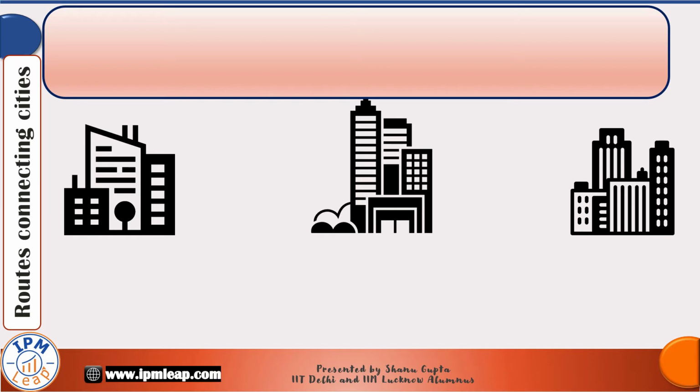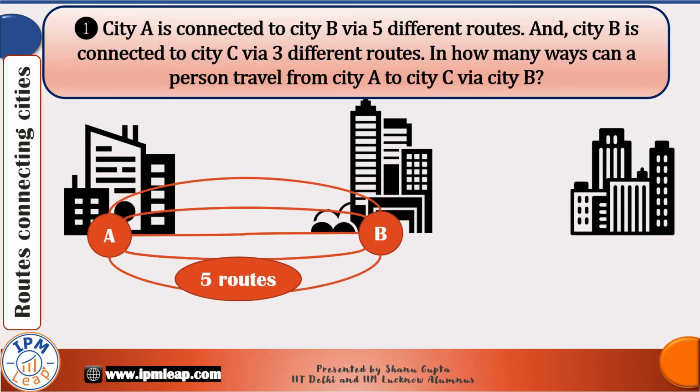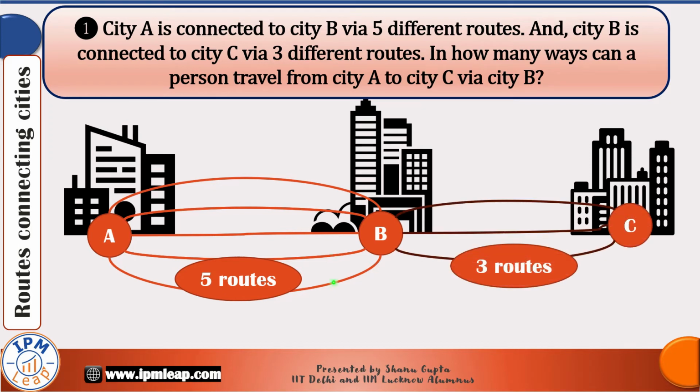The first question is, city A is connected to city B via 5 different routes and city B is connected to city C via 3 different routes. In how many ways can a person travel from city A to city C via city B? So guys, it's very simple. To go from city A to city C via city B, a person needs to go from city A to